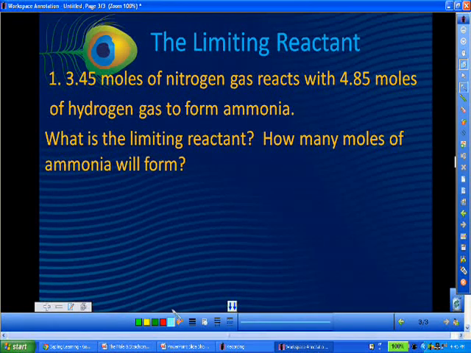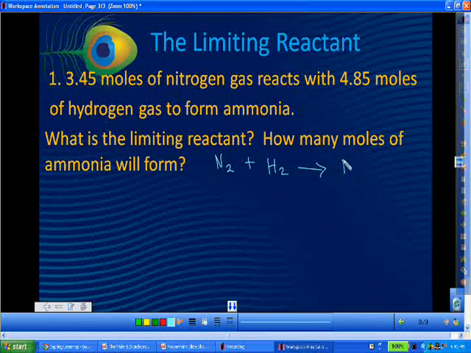So first we have to write our equation and balance it. You have nitrogen gas, diatomic, reacting with hydrogen gas, also diatomic, to form ammonia, NH3. Now we must balance our equation. We have 2 moles of ammonia. So this tells us that you have 1 mole of nitrogen reacts with 3 moles of hydrogen to produce 2